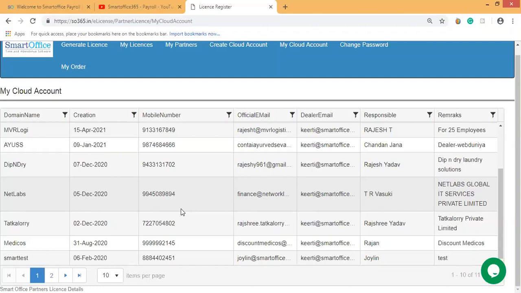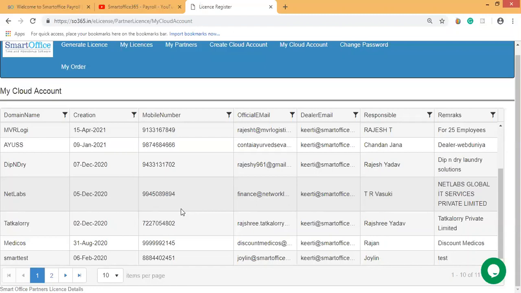Since we are not supposed to support the end customers directly, it is the dealer's responsibility.